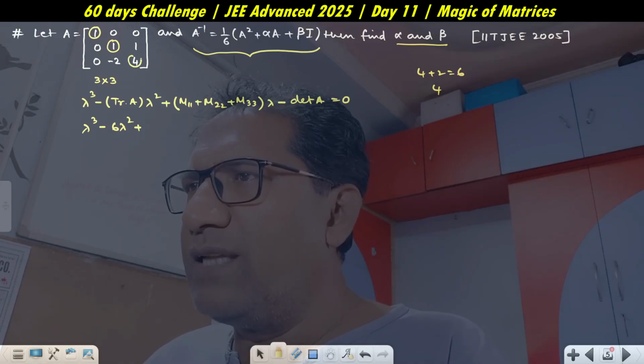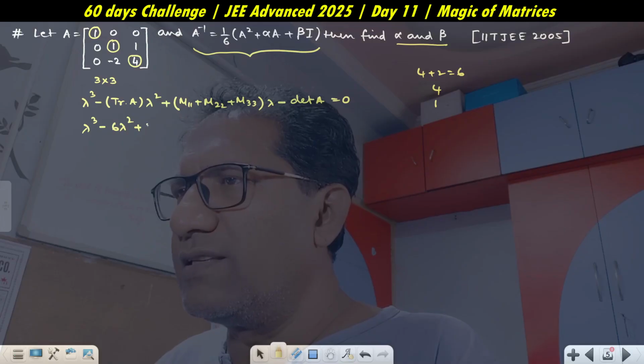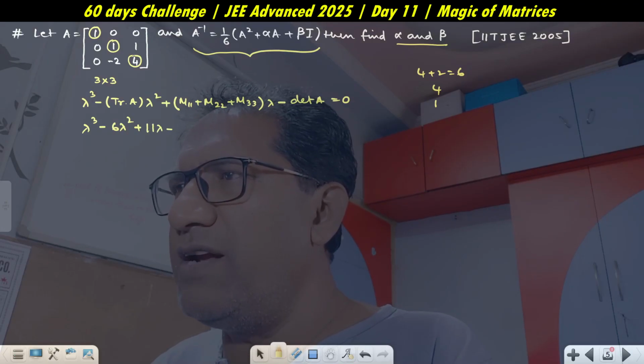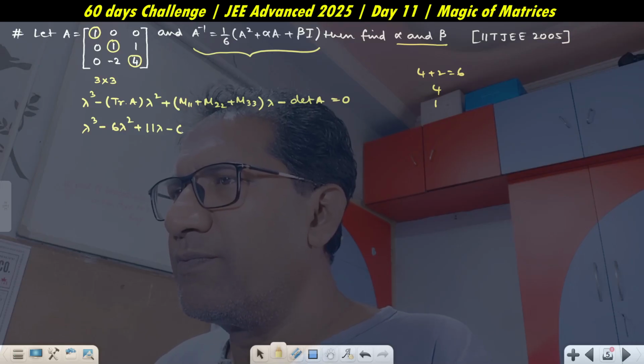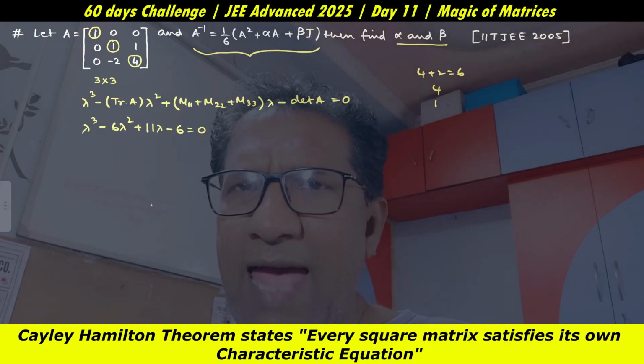And what about the minor of this element? It will be 1. So this is 11 lambda minus determinant. The determinant will give us 6. This is equal to 0. Now from the Cayley-Hamilton method,